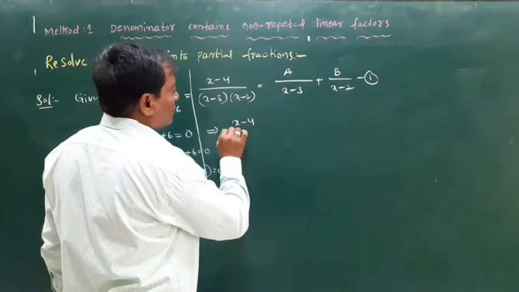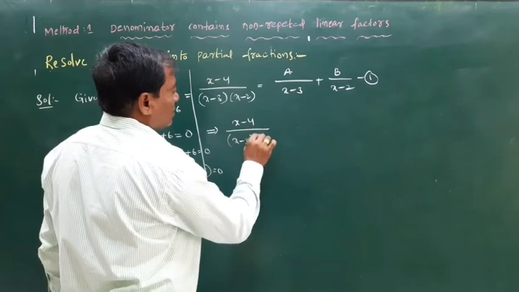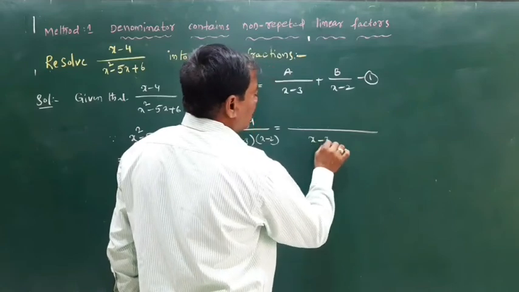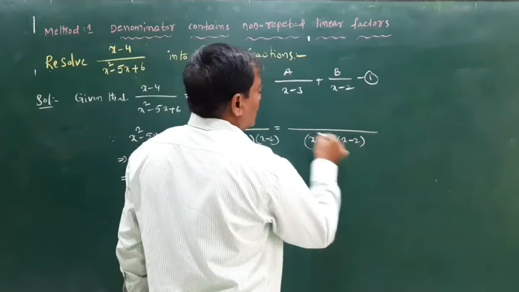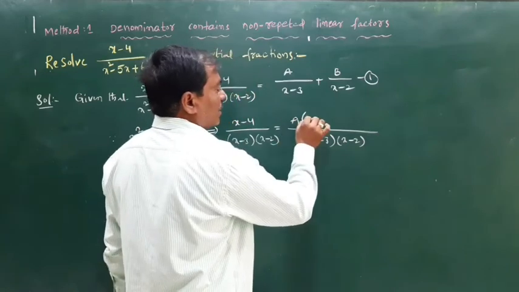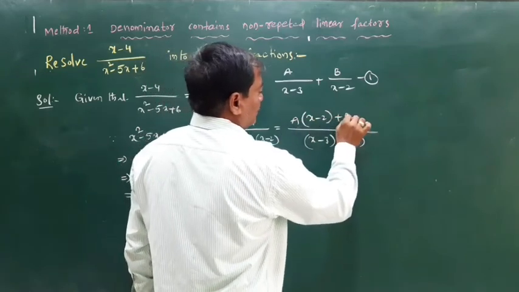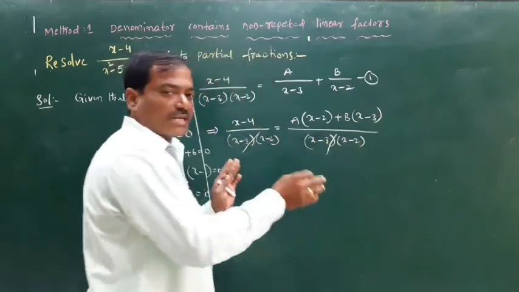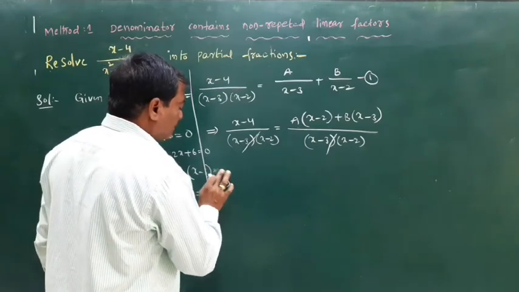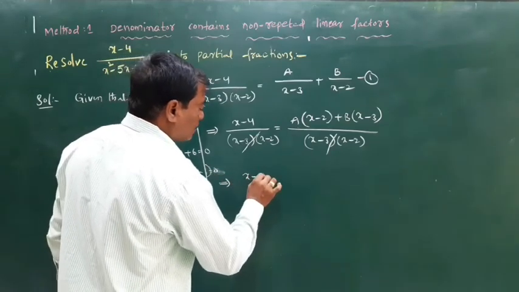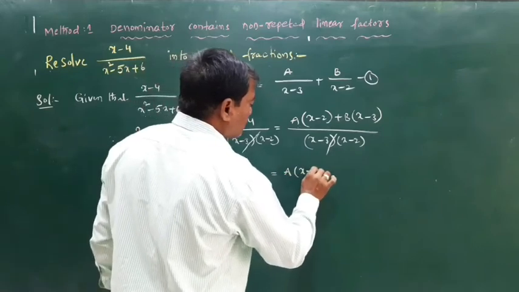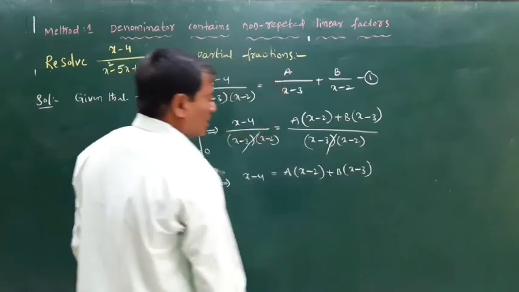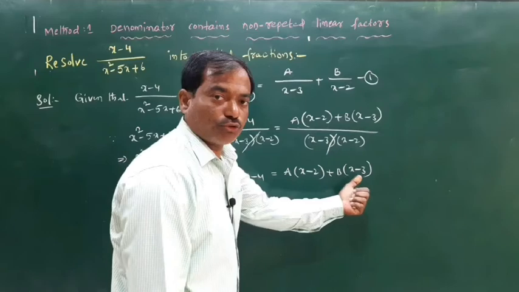And this implies (x minus 4) by (x minus 3)(x minus 2), and we have to find the LCM of the right hand side, (x minus 3)(x minus 2). The a coefficient is x minus 2, the b coefficient is x minus 3, and we cancel the denominators on both sides and we get x minus 4 equal to a of (x minus 2) plus b of (x minus 3), and in order to find the a value we have to substitute